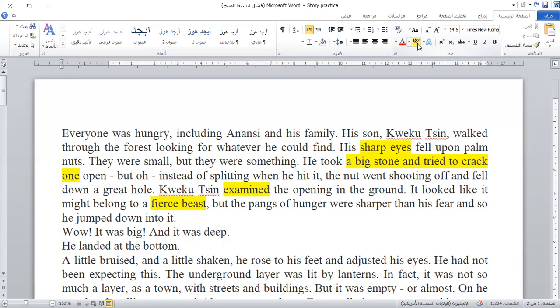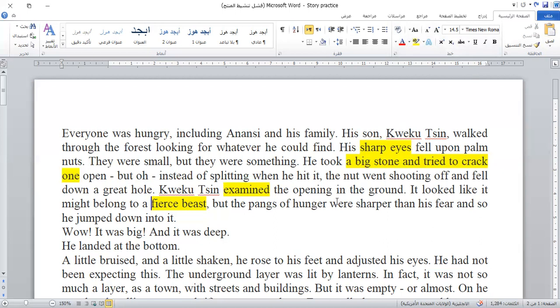Because why would he think it belongs to a fierce beast? It could be just a hole in the ground, right? Someone dug this hole for whatever reason. So why did he say a fierce beast? So I make the assumption that this probably foreshadows that, well, there is a demon under the ground, or there is a beast under the ground.